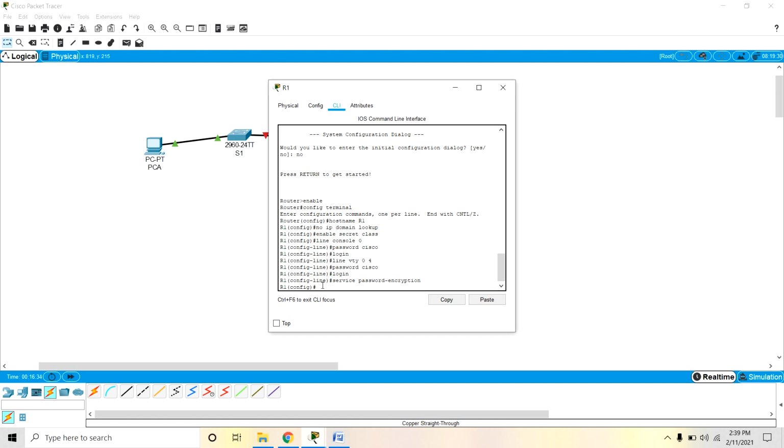Now you can create the banner. The next task is to create a banner that warns anyone with a message for unauthorized access.